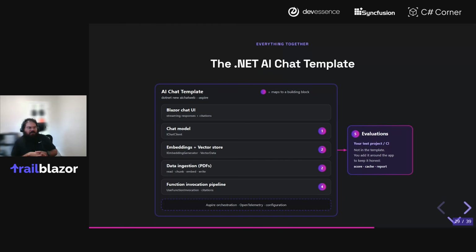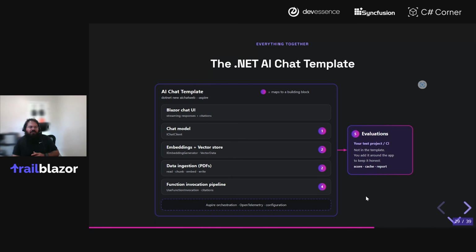Effectively, it's a chat UI built with Blazor, right? It leverages AI models, so it's leveraging the IChatClient. It has a data store, right, where it just stores information or ingest. It has a set of PDFs that it ingests, and we're using the Microsoft.Extensions data ingestion set of primitives. So we also provide, and we're currently in preview, a set of ingestion primitives for building ingestion pipelines to get your data into some sort of vector data store. We're using functions, things like MCP. All of it is orchestrated using Aspire.